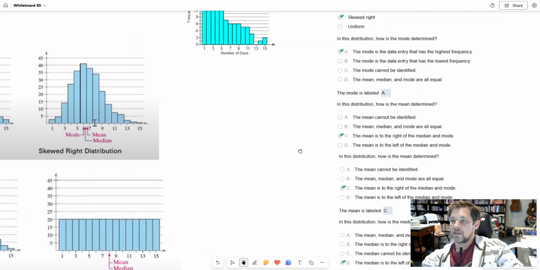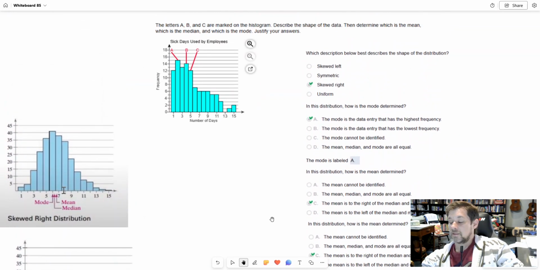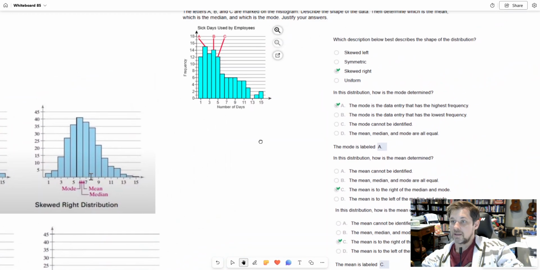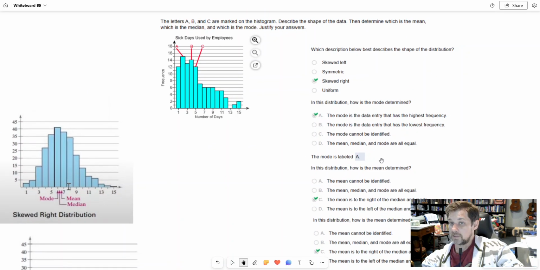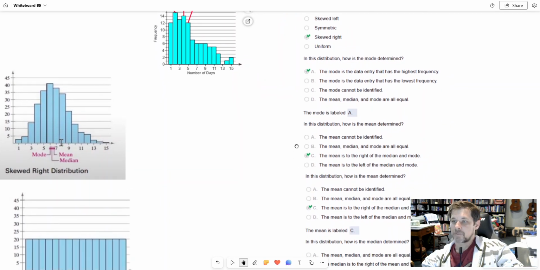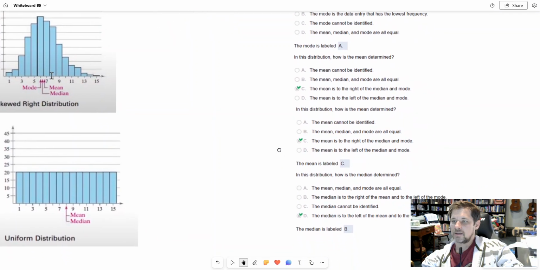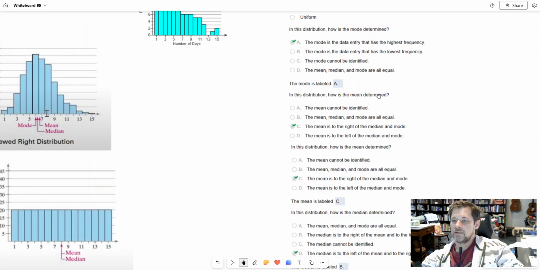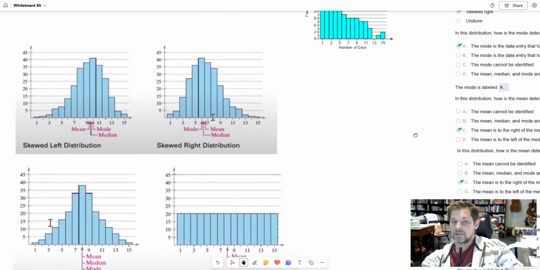All right. Now, for these other questions, let's say, okay, we know it's skewed right. We're looking at the distribution. I made my case for it being skewed right. And then I told you what the mode is. The mode's the data entry with the greatest frequency, and that's this one labeled A. What about the others? How do I find the mean, and how do I find the median? Okay, so the mean, well, that would work like this. Notice in these pictures over here,